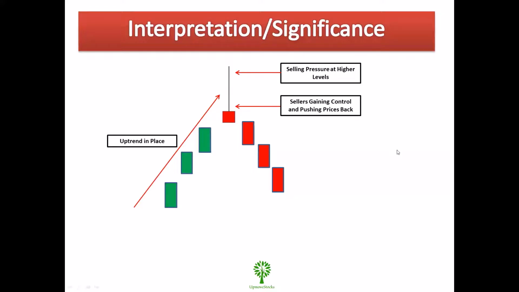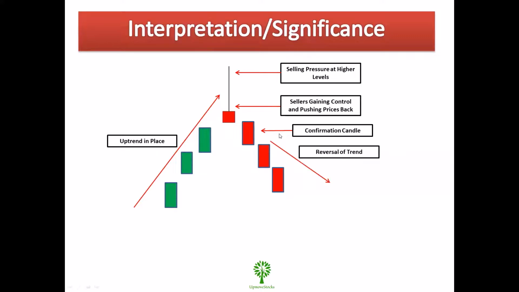In other words, we can also say that the high of the shooting star candle also acts as a resistance till the time it gets broken. So what will happen once the confirmation candle appears on the chart? There can be a potential reversal of trend in that particular stock. So if the confirmation candle is done, you can see a potential reversal in that particular stock or index. So we will revise these three things and then we will move forward.